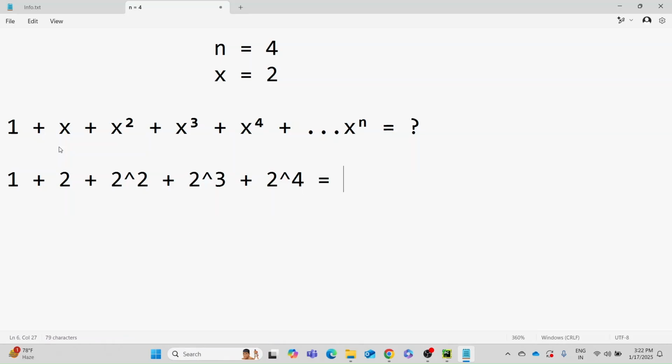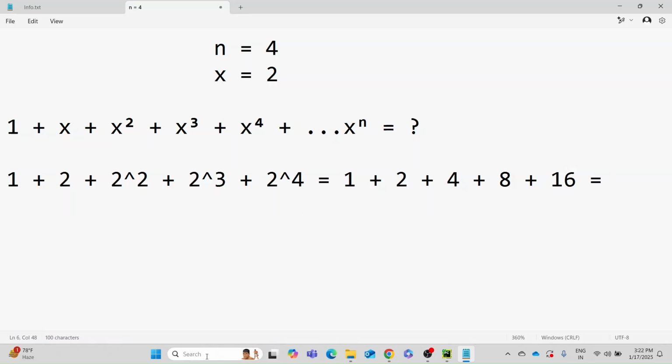Let's calculate it. 1 plus 2 plus 4 plus 8 plus 16, which is equal to,